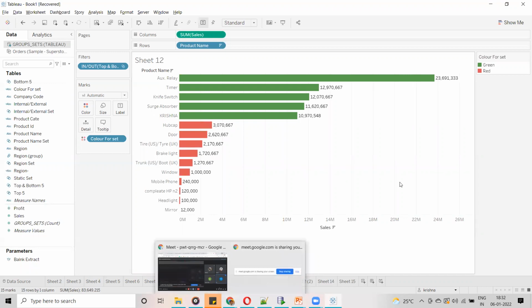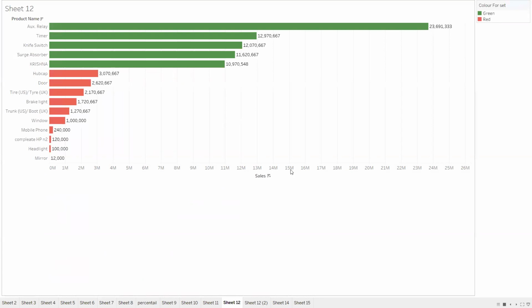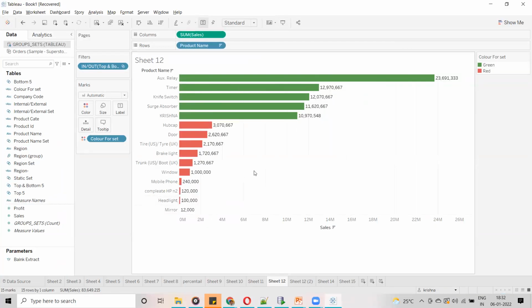But the end users, once it is in production, in the live section, are not going to have access to the fields we are having. The customers are going to see the data like this. Only the developers have access to see that. Once you publish to server, even the developer will not have access to edit online directly. So again, you have to download the workbook, change it, and publish it.